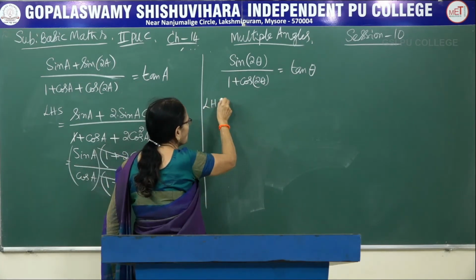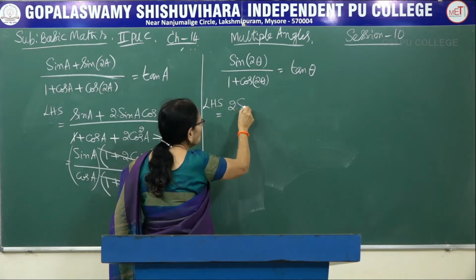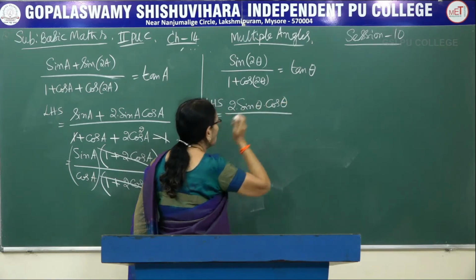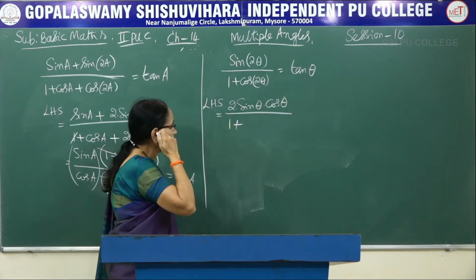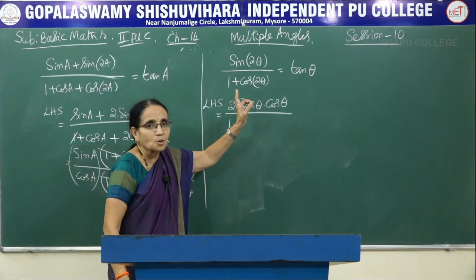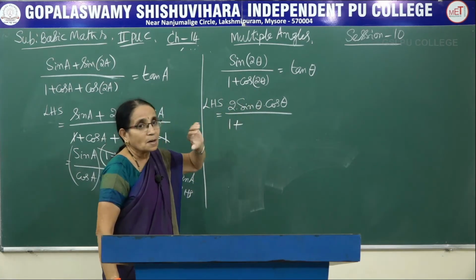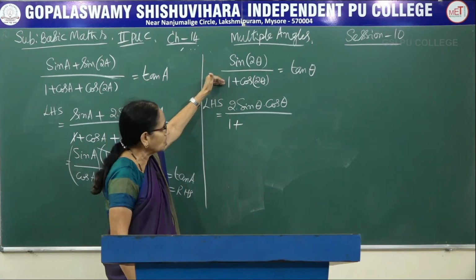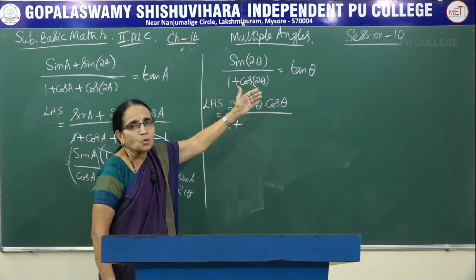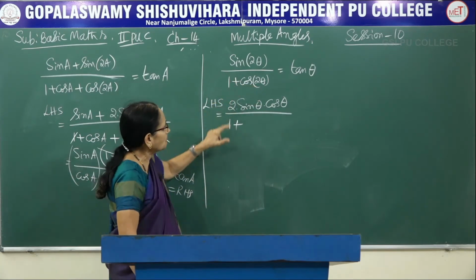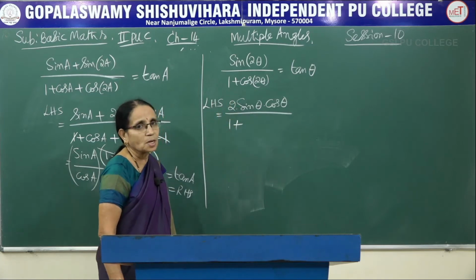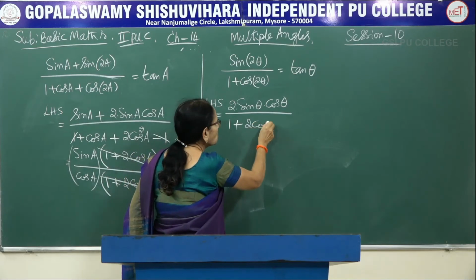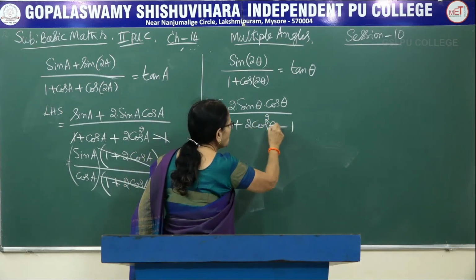Start with the left hand side. So you write it as 2 times sin theta into cos theta. Again come to the denominator, 1 plus... again the right hand side in this problem is also tan theta. That gives us a hint that we should get sin theta in the numerator, cos theta in the denominator. Automatically sin by cos would be equal to tan theta. So keep that 1 as it is. For cos of 2 theta, just like the previous problem, use this formula. It is 2 cos square theta minus 1.